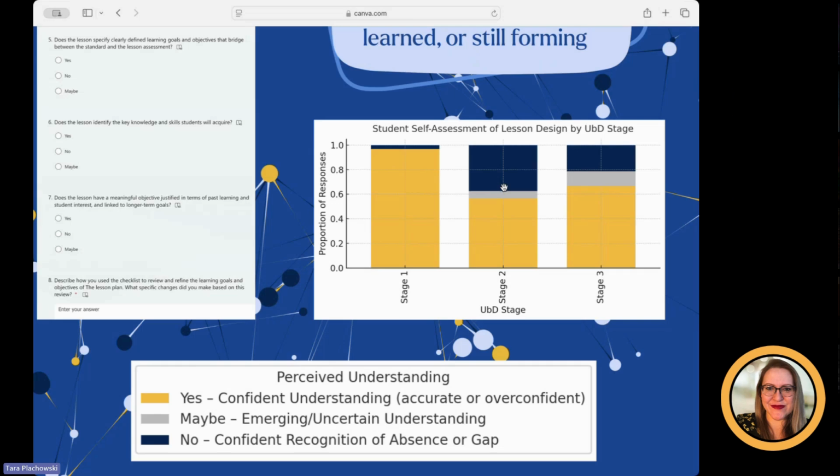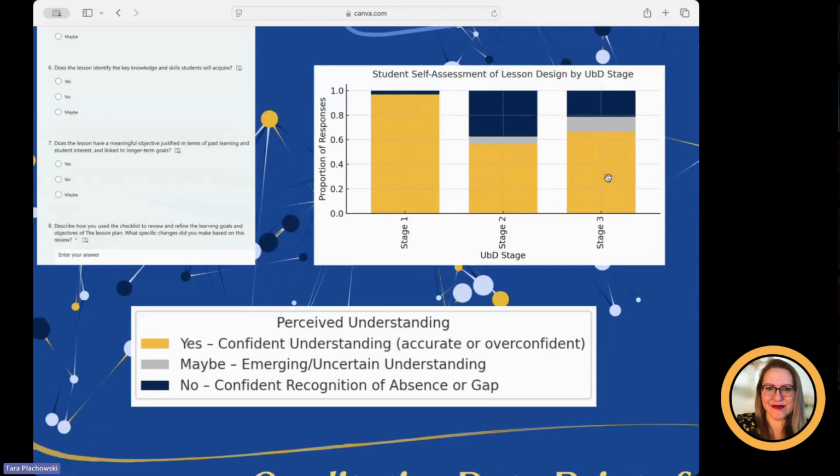And it sort of confirmed for me that yes, they should have the fewest maybes about stage 1, and then some about stage 2, as well as GenAI doesn't do as well of a job aligning assessment to goals. And so they had lots of no's here, which is my agreement when I review what GenAI does with assessment. And then finally, the most uncertainty around instructional design of the learning experiences, the sort of moves in front of students, if you will, that they had the least amount of confidence around, because we'd learned that the least amount.